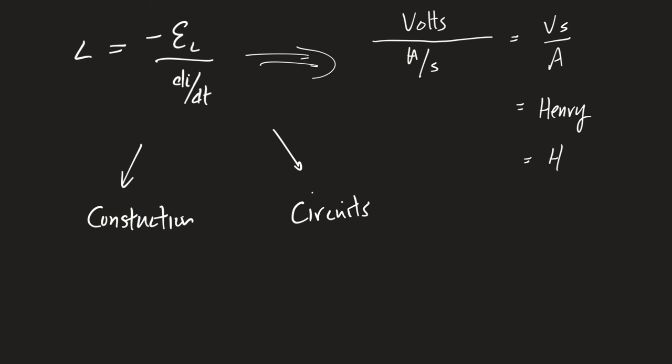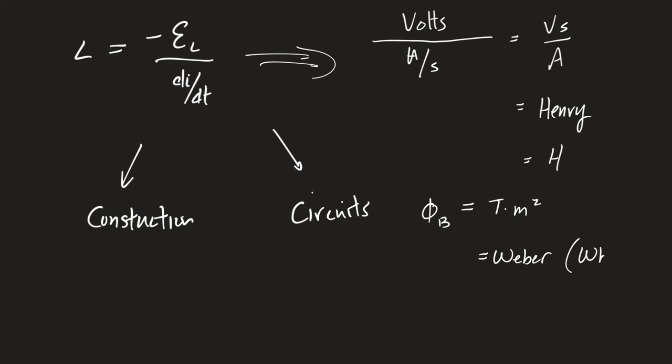I had not said this to you before, and it came up on an FRQ I was looking at, and I wanted to make sure that I at least get this into your notes. The units of magnetic flux. There is a unit for magnetic flux. We don't have a unit name for electric flux, but we do have a unit name for magnetic flux. And remember, it's magnetic field times area, which is Tesla times meter squared. This showed up in one of the FRQs, and I've never talked about it. It's called a Weber,